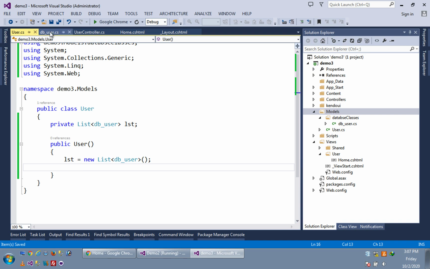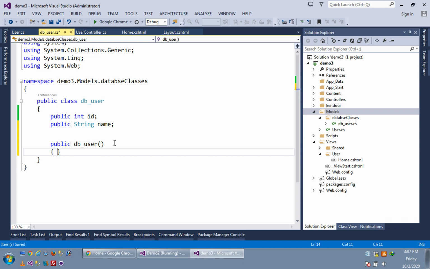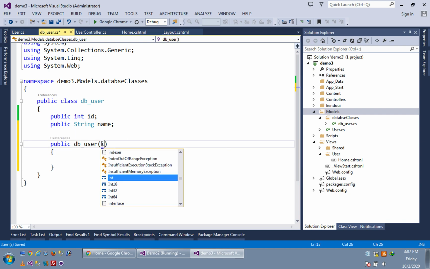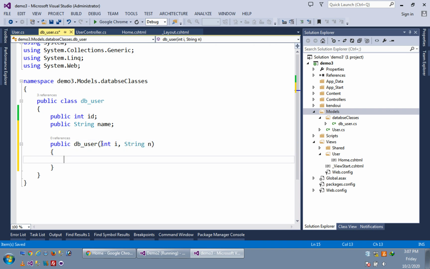For adding objects one by one, we also have to use the constructor of this class, public DB_user, and I am passing two parameters here, int and string. Whatever we are passing here, I am just copying into these properties. So id is equal to i and name is equal to n. That's it. This is a parameterized constructor we learned in the OOP session.